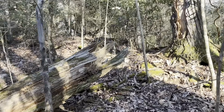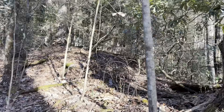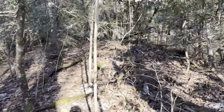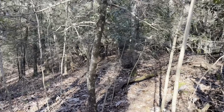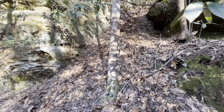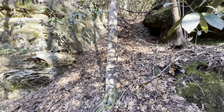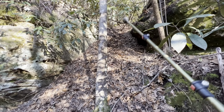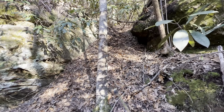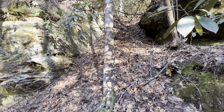So, hopefully I'll get lucky and hit the first one, and that's where it's at, but it's usually not how my luck goes, so we'll see. I think I'll start high first, work my way down, and just get the hardest part out of the way first. Can't really tell how steep this is, but it's where the deer trail goes up the hill and across the ridge, so